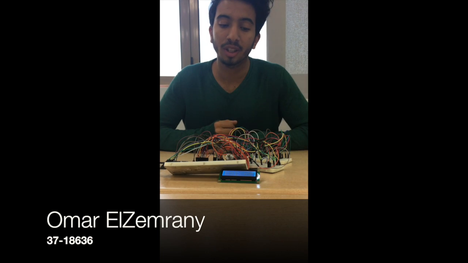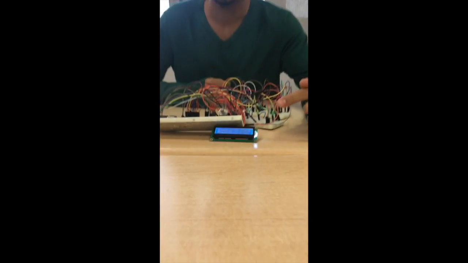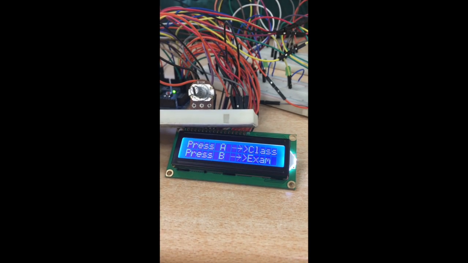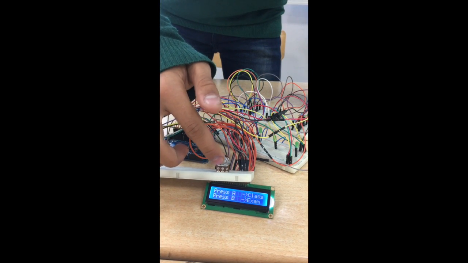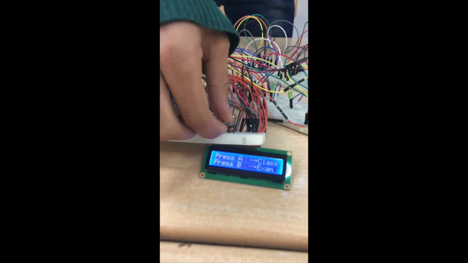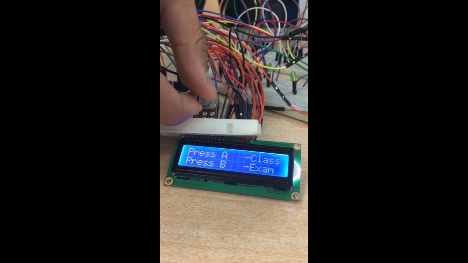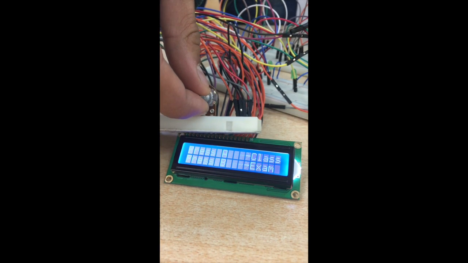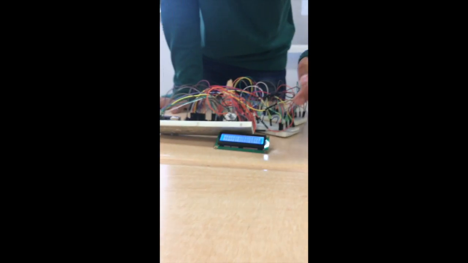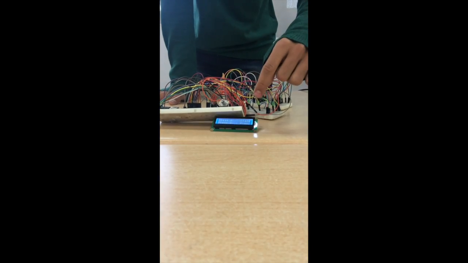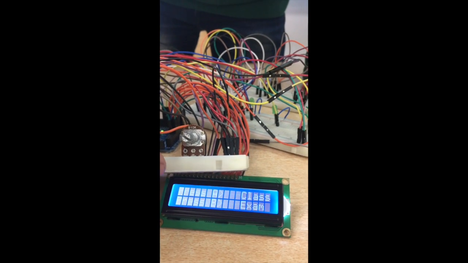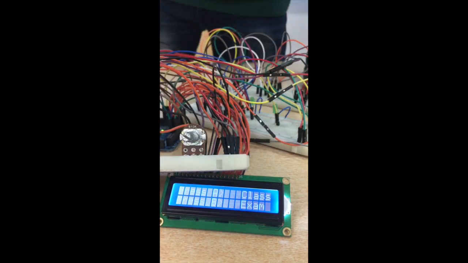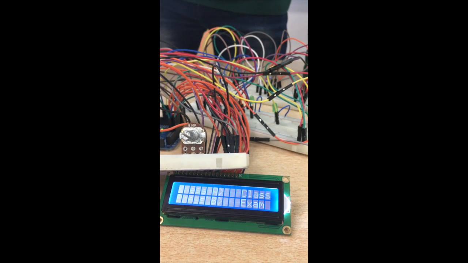Our part in this project is this LCD screen. I connected this LCD screen to the board using these wires, and we also include the potentiometer, which controls the brightness of the screen, as you see. And how the screen works, I set the cursor to position 0, and then type all of this. Then I connected this screen with